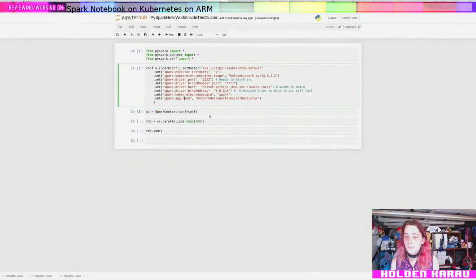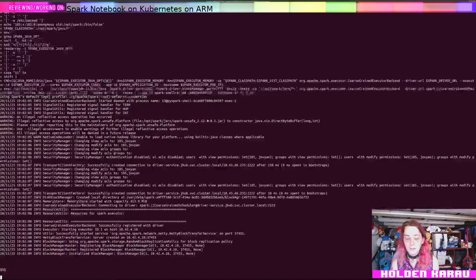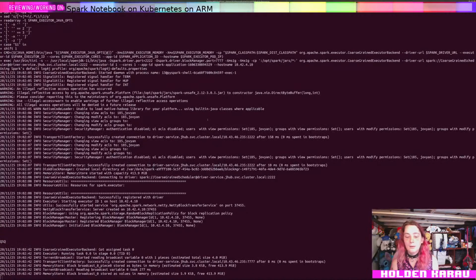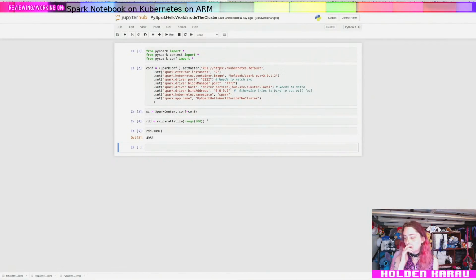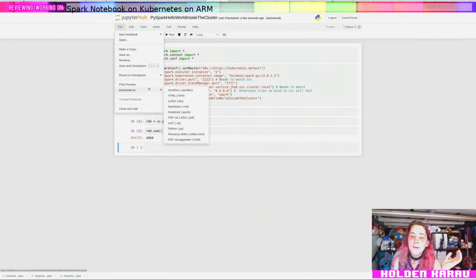Okay, now we'll parallelize some data. Fine, and okay, rockin'. And so this is actually, it works now, and that's awesome. And that's really great. And the cool thing here is that our notebook is actually inside of